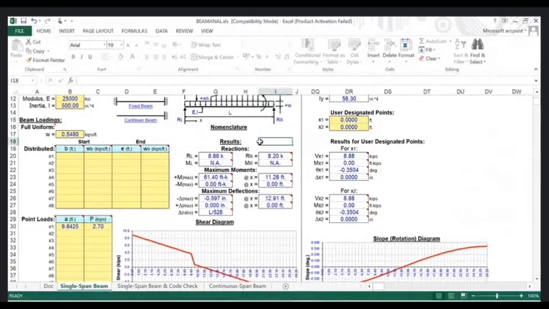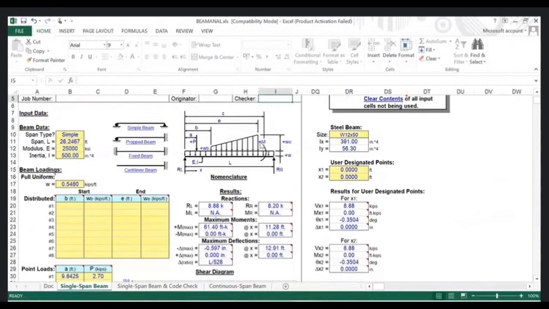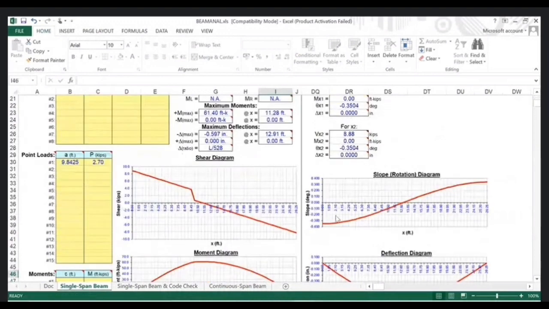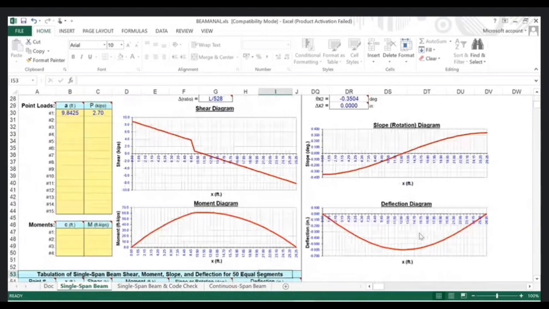Okay. And for our deflected shape, you can see here, this is the rotation diagram and this is the deflection diagram. For the rotation diagram and the deflection diagram, we have to put in the values of E and I, because we already know that in a simply supported beam, if a point load is acting at the center, the maximum deflection of that beam is PL cube divided by 48 EI. So we have to put the original values of E and I in that formula, so you can relate it with this deflected diagram.